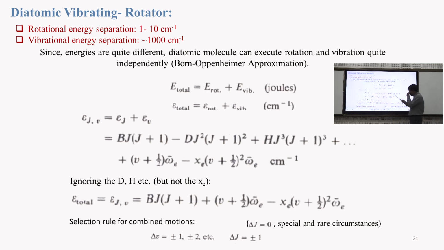So if you ignore this one, then you will have a rotational component and then a vibrational component, and the selection rule will be